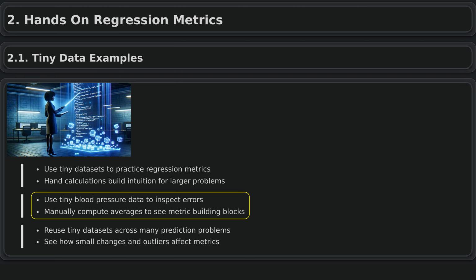Suppose you are predicting systolic blood pressure for a few patients, and you compare each actual reading with the model's prediction. By looking at how far off each prediction is and whether it is too high or too low, you can directly see the size and direction of the error. From these individual errors, you can compute metrics like the average error or the average squared error. This helps you understand how each prediction contributes to the overall performance measure